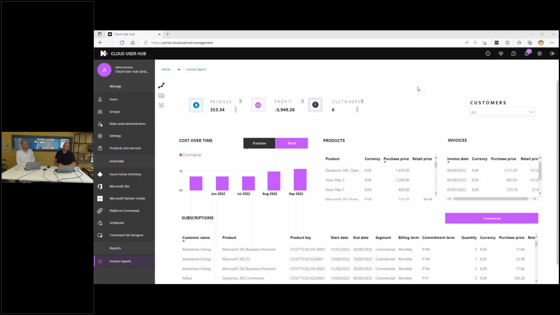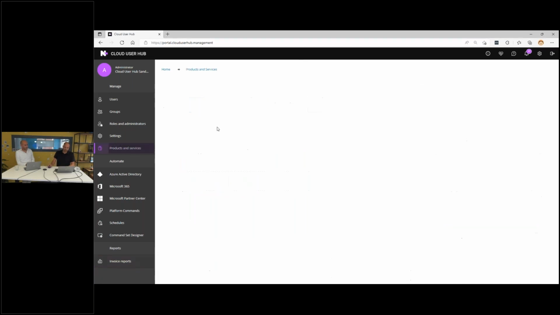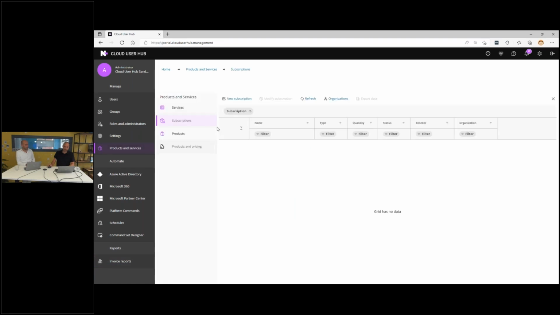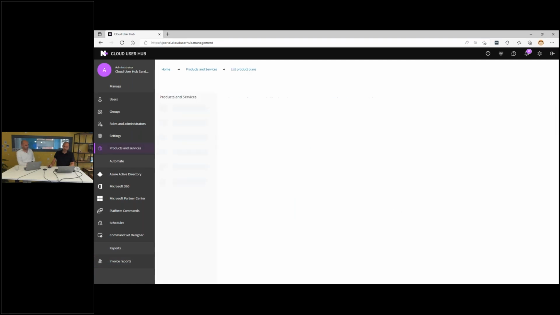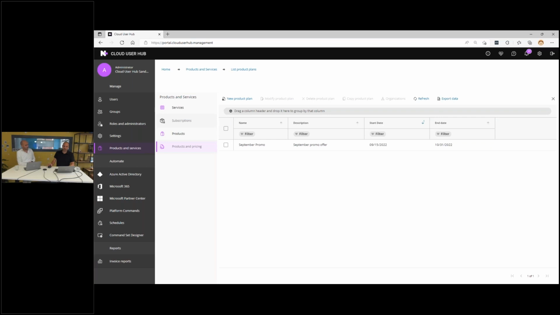But one important aspect is that if you have the pricing from Microsoft, it's purchasing. It's the pricing you need to pay to Microsoft. Yeah. Now that might not help you with your customers, right? So that's why we can bring what we call product management into the mix. So what product management will do is the following. If you go to products and services, you will see that I have products and pricing. So product and pricing over here.